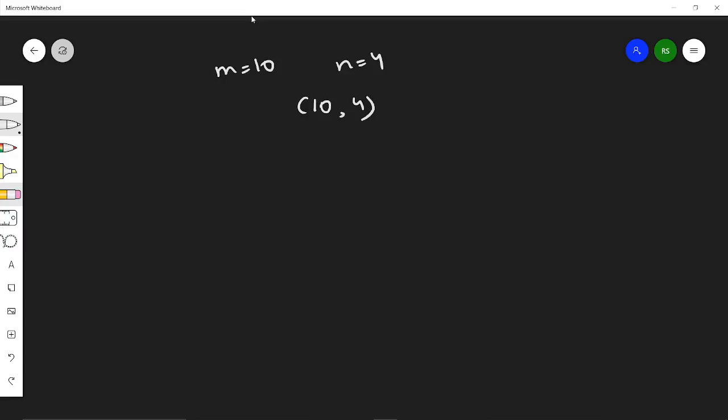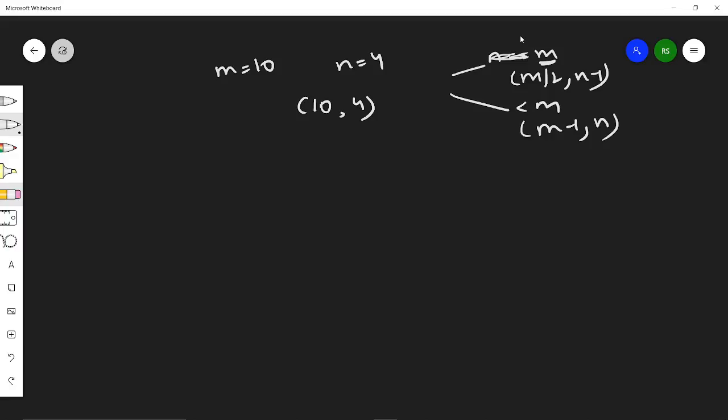So what we have seen was that we have two cases. One is that when my last element is equal to m, then I am just simply passing m by 2 and n minus 1, because the last number could be at most m by 2. And if this number is lesser than m, then we are assuming that it could be at most m minus 1. Let us dry run for this.